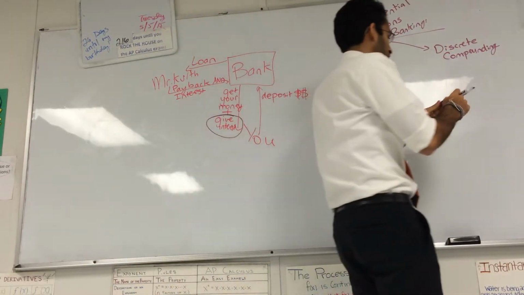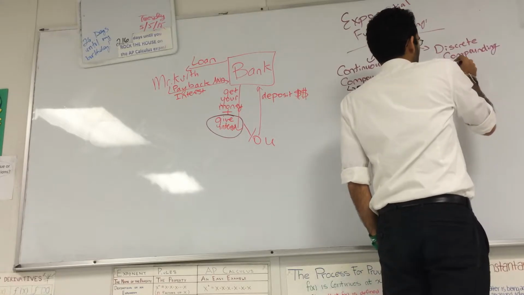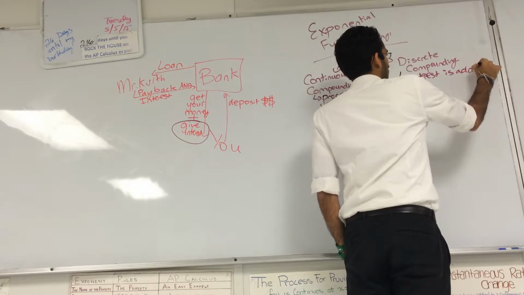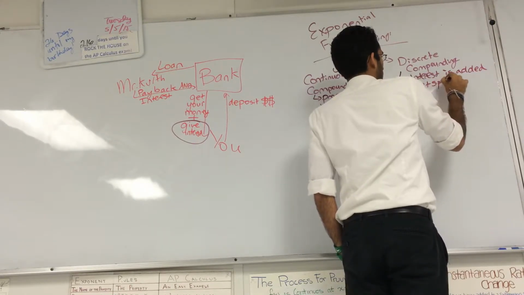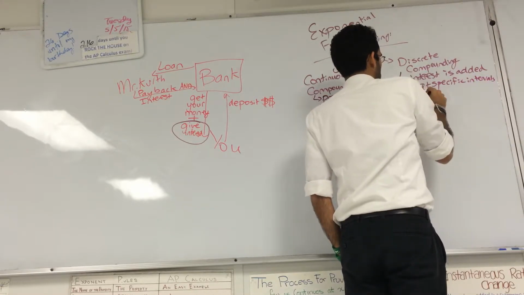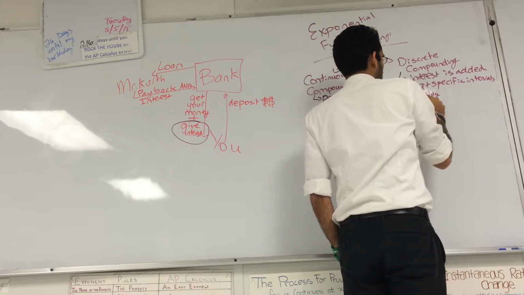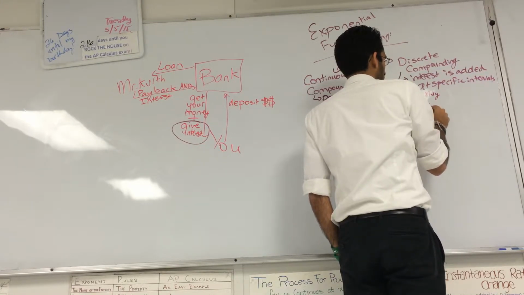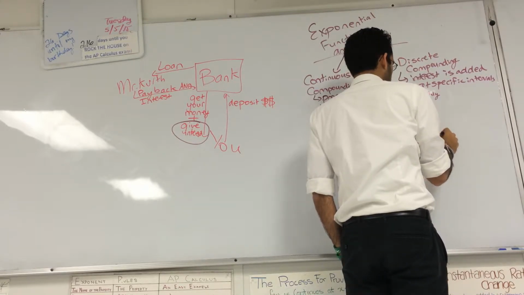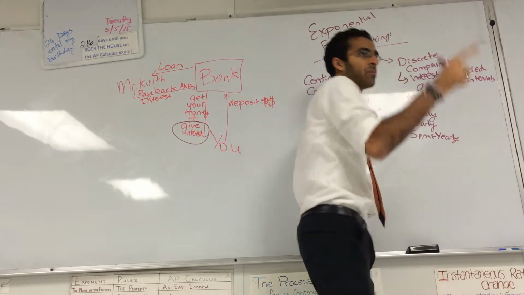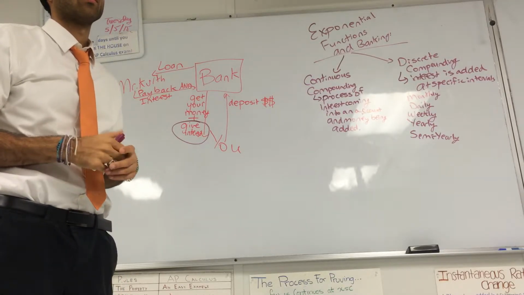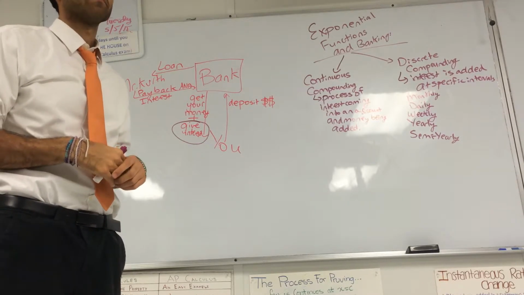So discrete compounding, one second for now. Discrete compounding means that interest is added at specific intervals. Monthly, daily, weekly, yearly, semi-yearly, which means twice a year, and so on. Fernando asks: when you're saying that they add like 10% every week, they're adding like to the